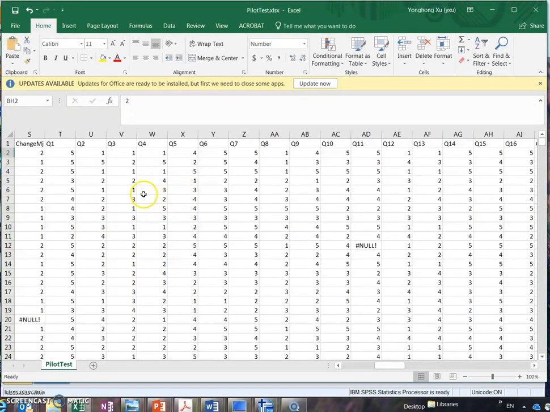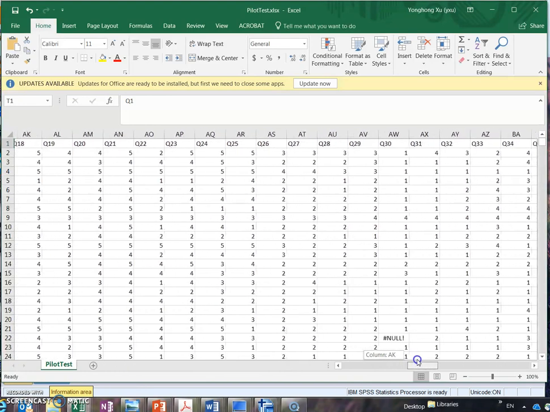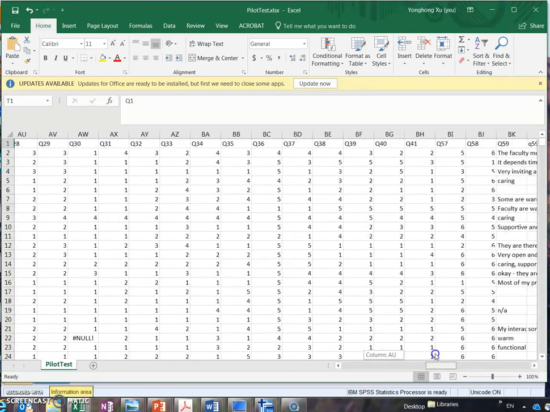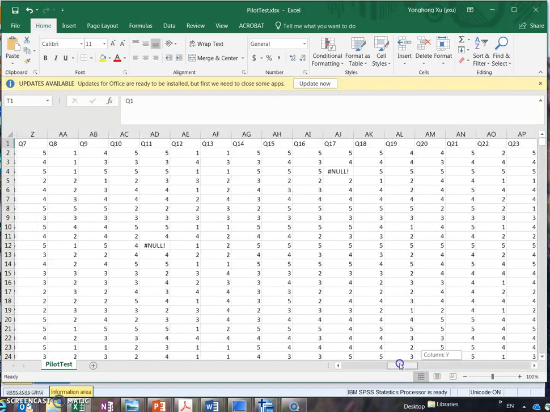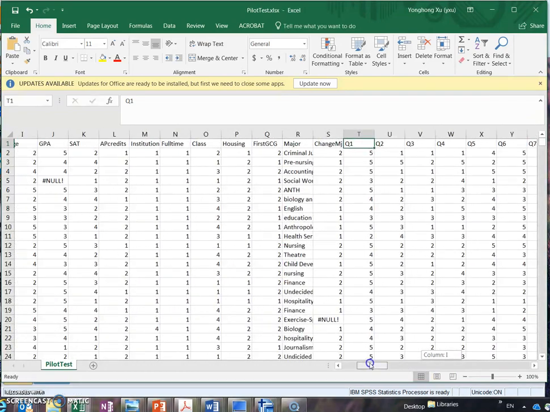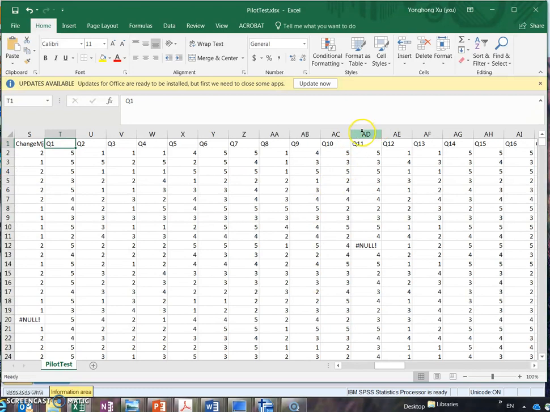In my survey questions, from question 1 all the way to question 41, they are Likert scale response questions. For the sake of simplicity, I'm going to use question 1 to 10 to show you how to identify the